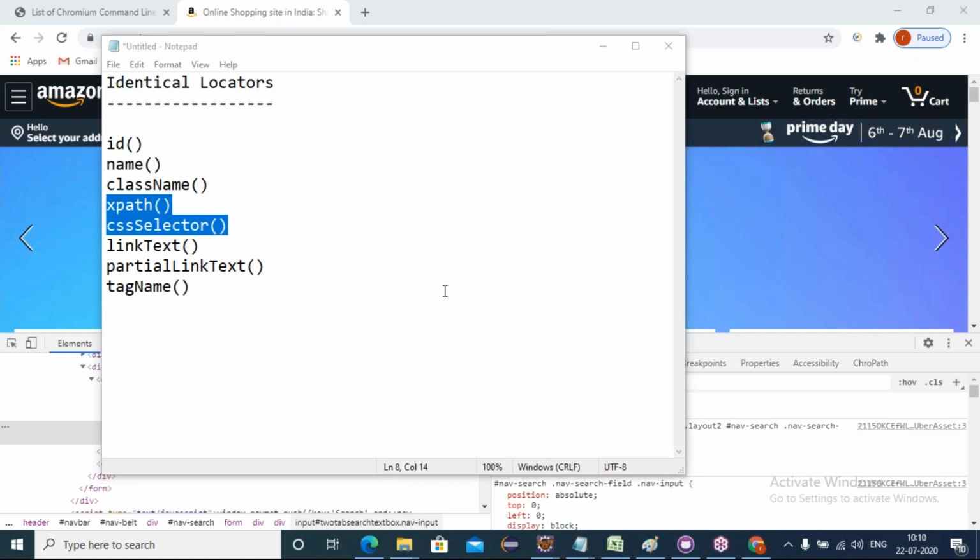ID cannot work. If only ID is there, it is not unique. If the name is unique, fine, but the class name is not unique. ID means only an ID value it takes. Name is name only it takes. Can we add any other properties in ID, name and class name?